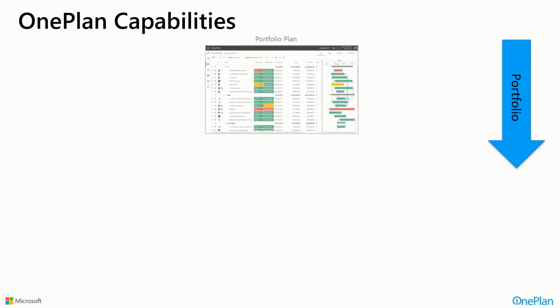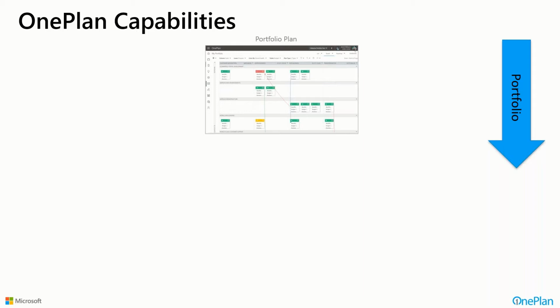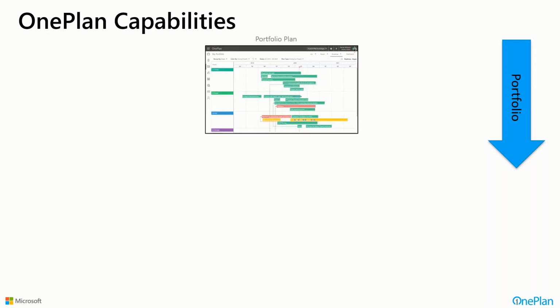Now, OnePlan capabilities, definitely portfolio visibility that we talked about in the adaptive realm, where we can have traditional portfolio list views, maybe with timelines. We have board views for the more agile-oriented people that can look at the portfolio from a flexible set of board parameters with different columns and swim lanes for the cards. And even roadmap views, very popular with more product-oriented types of folks that want to look at roadmaps of how things are going, and dependencies across all those, and even what-if scenarios, as we'll talk about today.